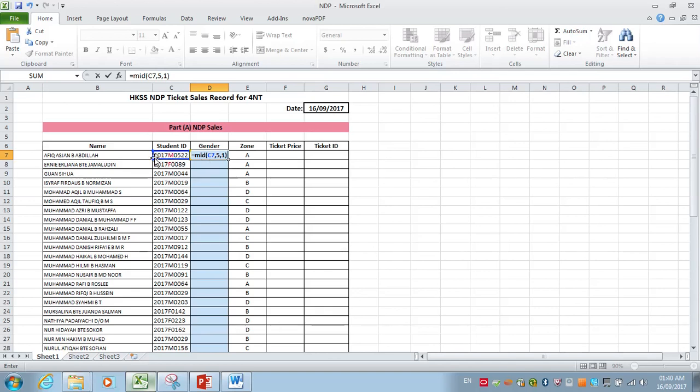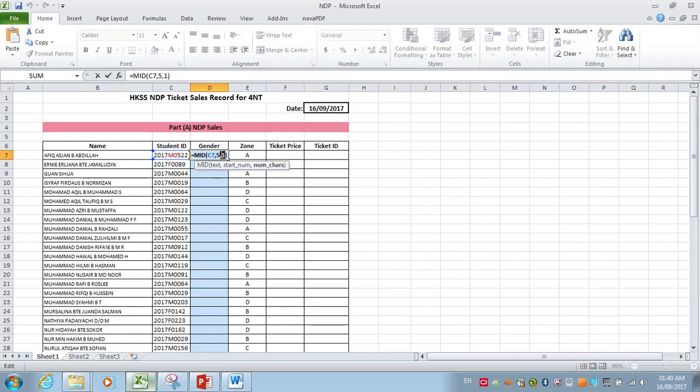You always read from the left. 1 means I only want one character, M. Understand? What happens if I change this number of characters to 2? I start from number 5, which is M, but instead of one character,